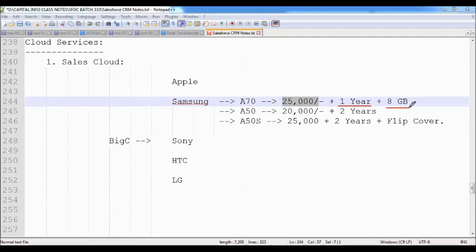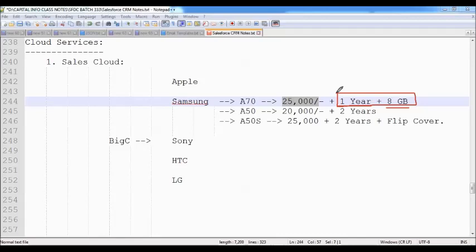If the product is older than 6 months in the market, then they will start giving those benefits. They offer 1 year of free insurance service, 2 years of free insurance service, an 8 GB memory card, a flip cover. Like that, they introduce some benefits to attract the customers. So in this case, when you observe, these benefits are not available lifelong. They are available only for a certain period of time. Because of the New Year occasion, they're offering some discounts. Because of a festival season, they're offering some benefits. Because of the weekend, they're offering some benefits.